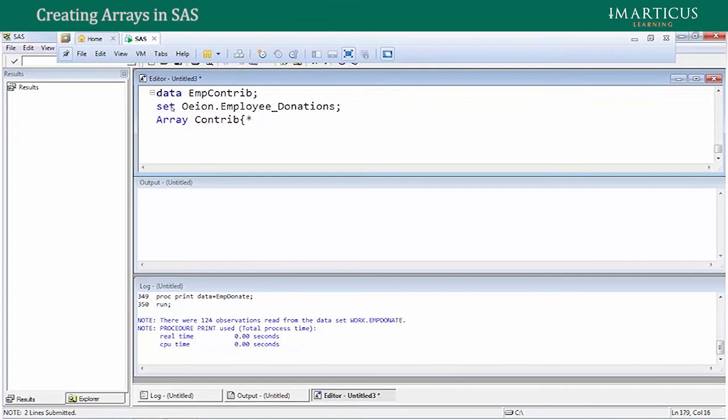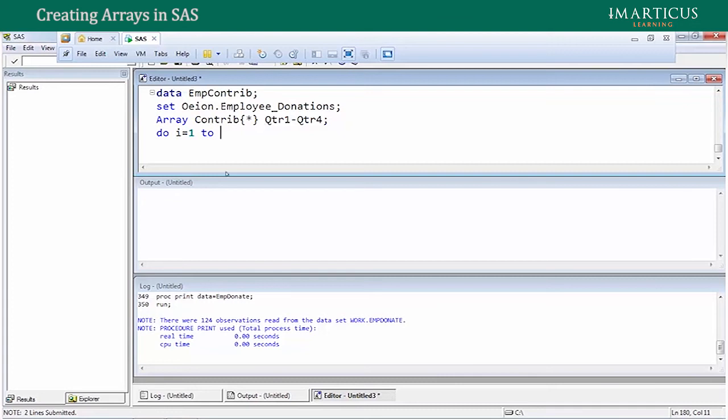Instead of 4 I specify star, and then I assign my elements as Q1-Q4, and then I say do i = 1 to